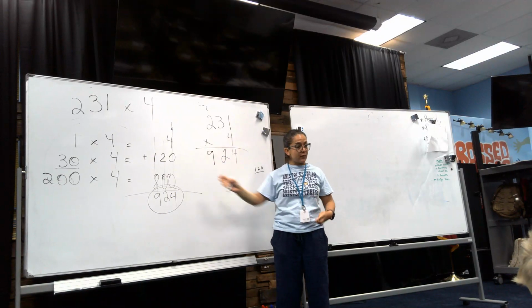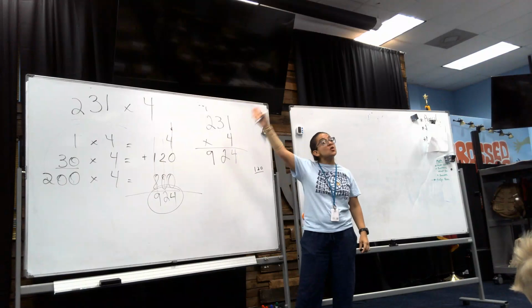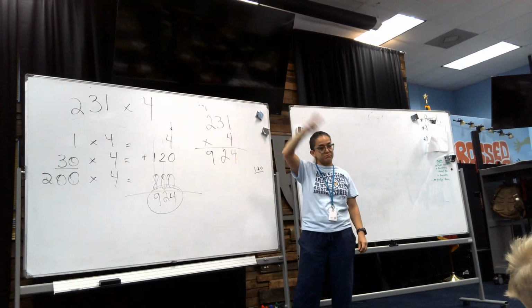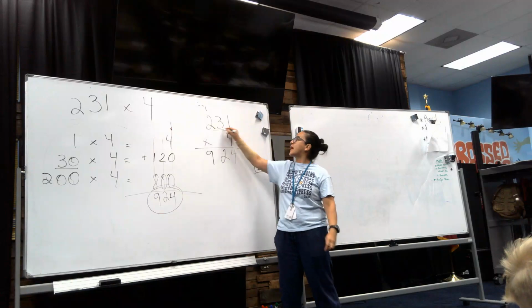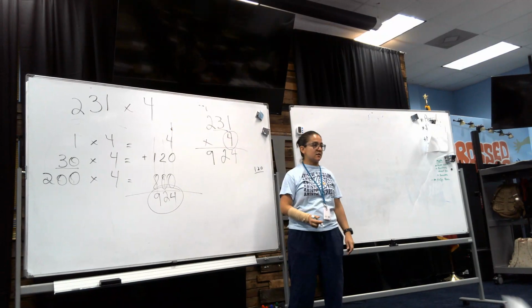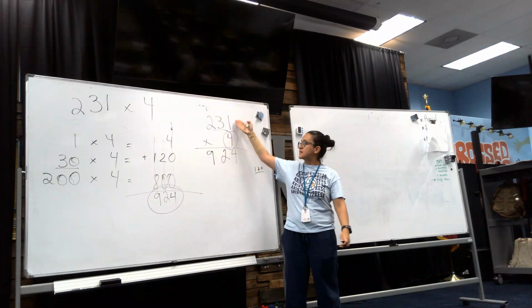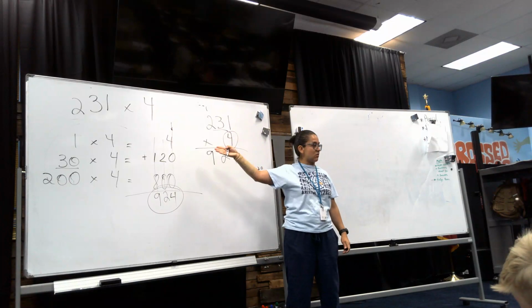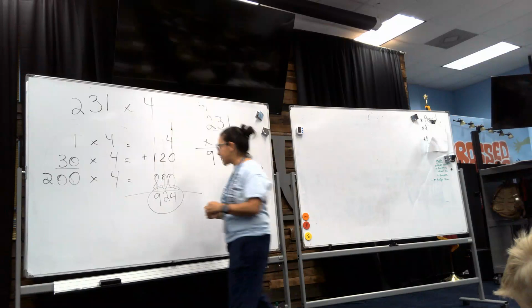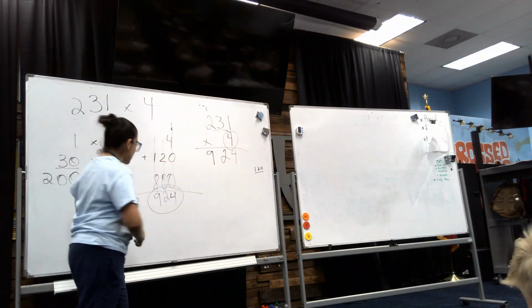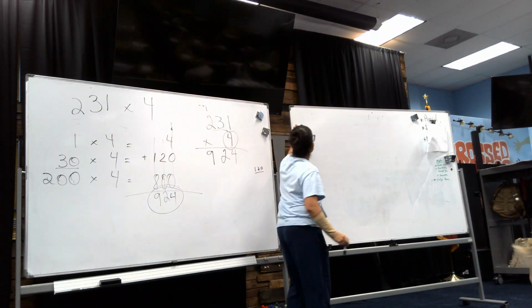Do you see how it works? Do you understand this? This is basic 3 times 1 digit. Can we all agree that this is the way this works? Yes or no? Yes. All right, so I'm gonna erase it. Oh no, you know what? I'm just gonna keep that. I'm gonna work on this one. Okay, so now